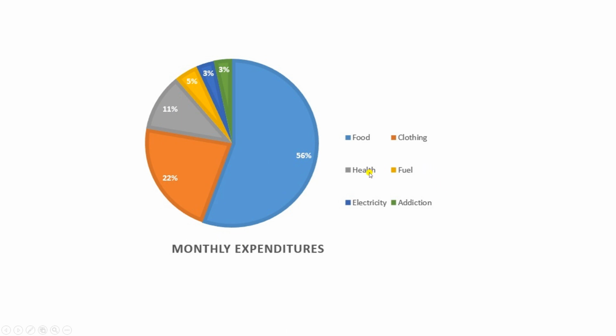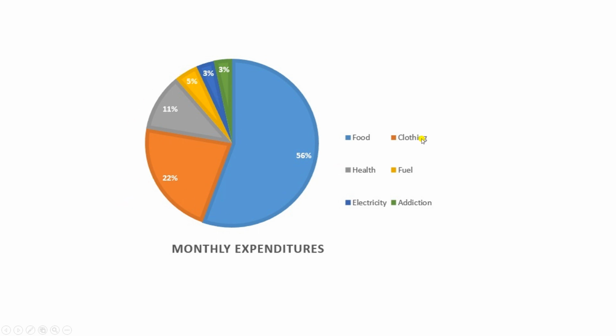I have seen lots of students as well as professionals starting a pie chart randomly from here or here, anywhere. Also, they have not maintained this descending order. Say the first wedge they have made is 56%, followed by 5%, maybe then 11%, 3%, 22% and another 3%. Now, this is not wrong, I must tell you, but this is also not ideal. Ideally, it should be started at the 12 o'clock position and descending order must be followed clockwise.